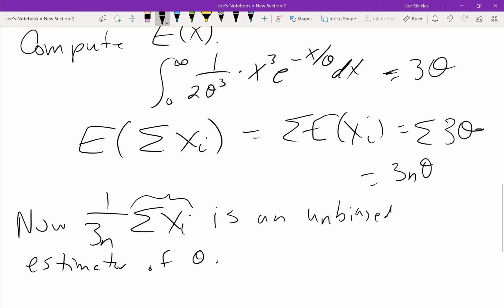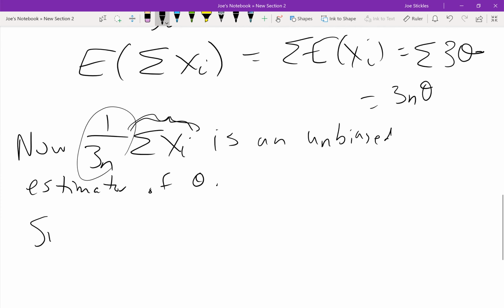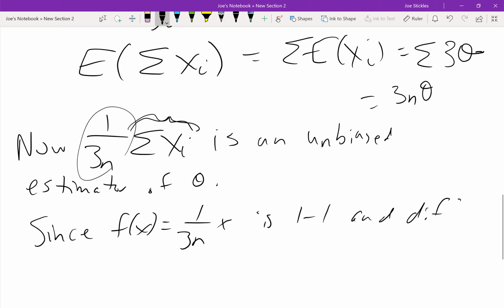Yeah. All right. So again, this is our statistic that we computed here. This is our function of that statistic. It's 1-to-1, and it's differentiable because it's just a linear function. So that theorem that I mentioned before guarantees that this particular one, since the function f of x equals 1/3n x is 1-to-1 and differentiable,